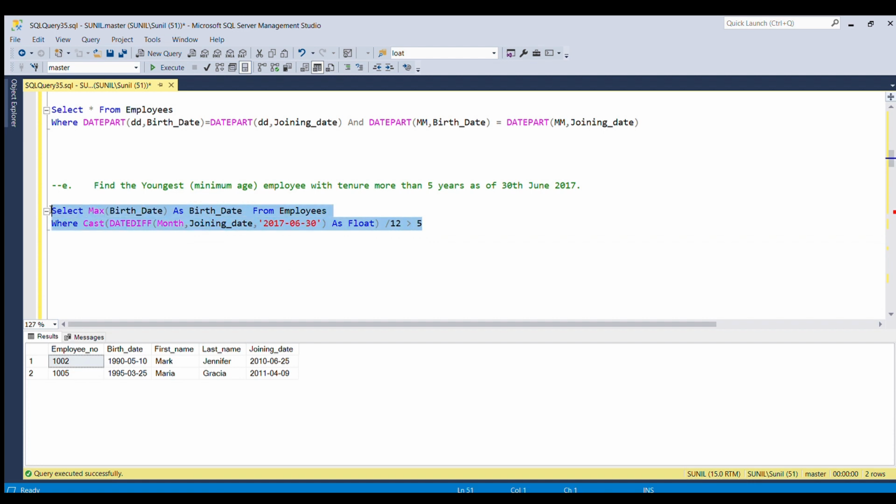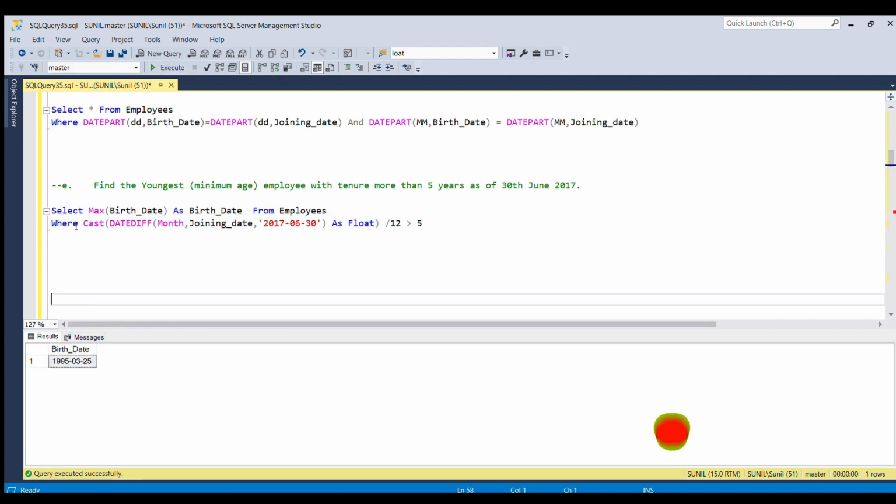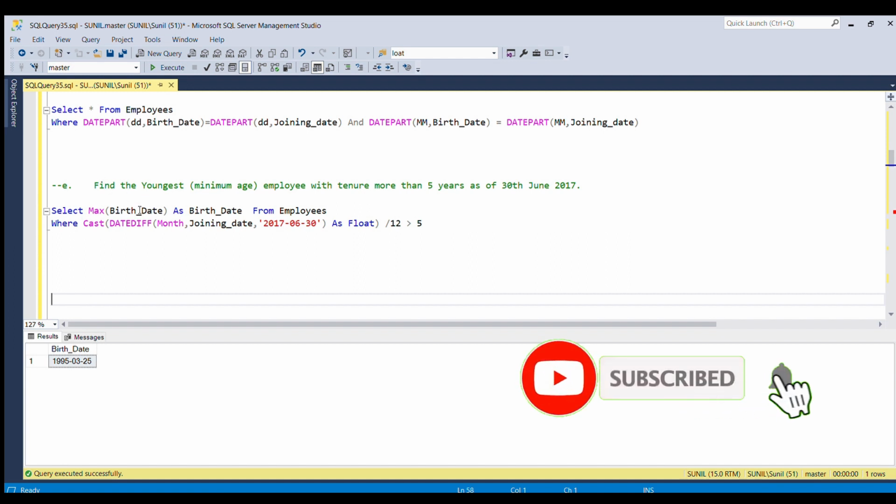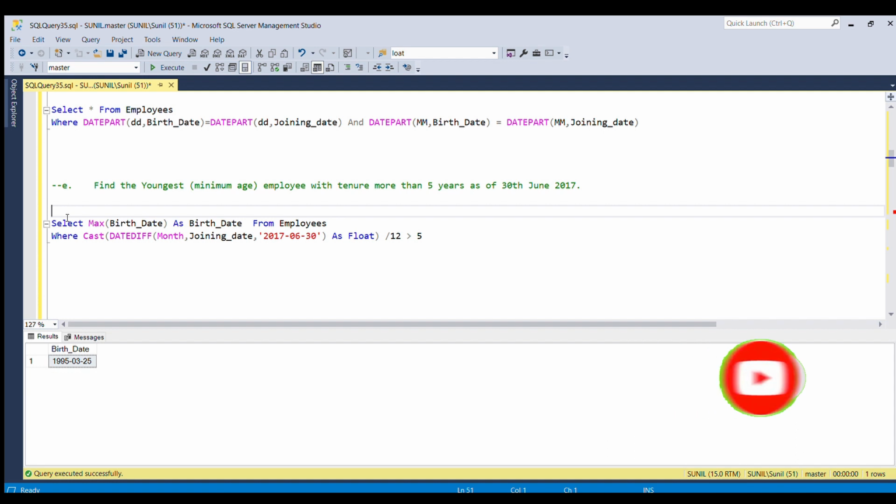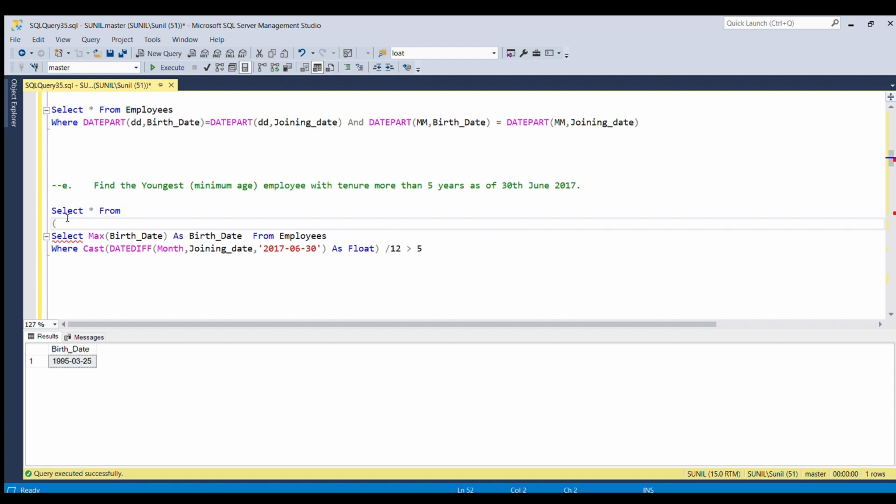If I run this, it will give me the birth date. Now we have to get the age. We can get the age by selecting star from, let's see, we'll consider this query as a subquery and give alias a,